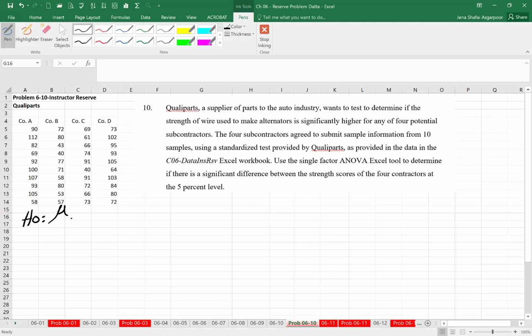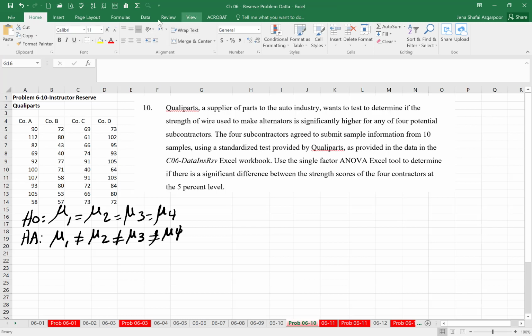So we're testing whether mu1 is equal to mu2 is equal to mu3 is equal to mu4, meaning the strength for each of these 4 contractors are equal to each other. And then the alternative hypothesis says mu1 is not equal to mu2, not equal to mu3, and not equal to mu4. In order to perform this test, and we are to use a 0.05 significance level, what we do is